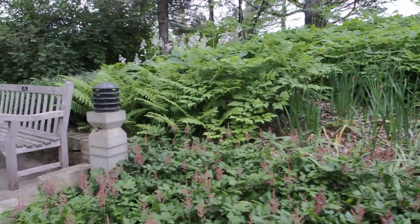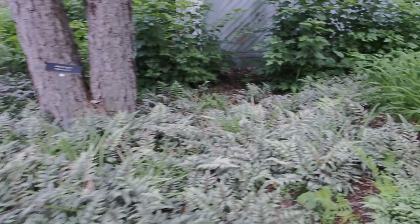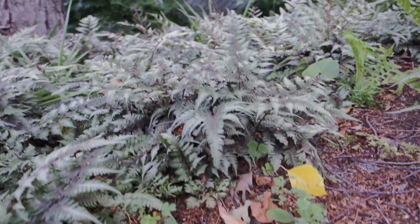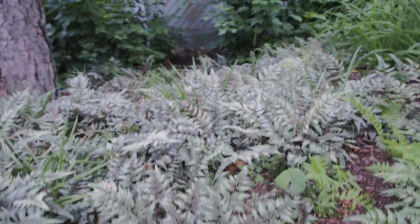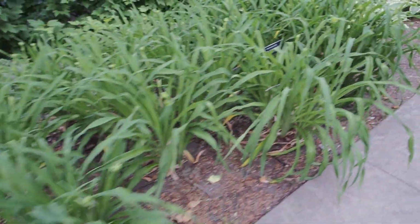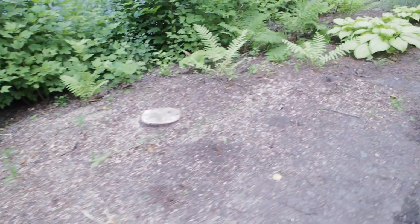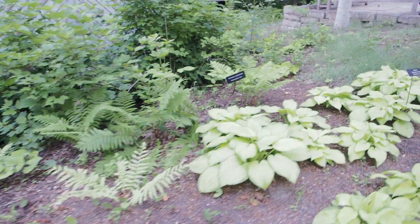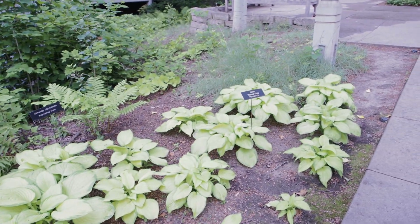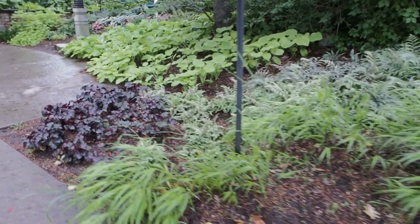So this is just near the entrance by the visitor center. You can see some Japanese painted ferns. Those are a really good companion plant for hostas. They just do great in the shade. So the Minnesota Landscape Arboretum is in Zone 4B, where I garden as well. More hostas, ferns. A few more hostas. You'll see some coral bells and